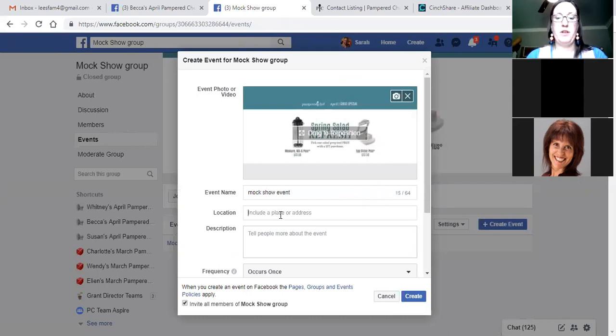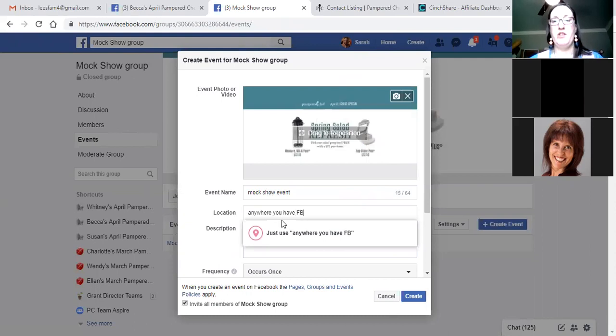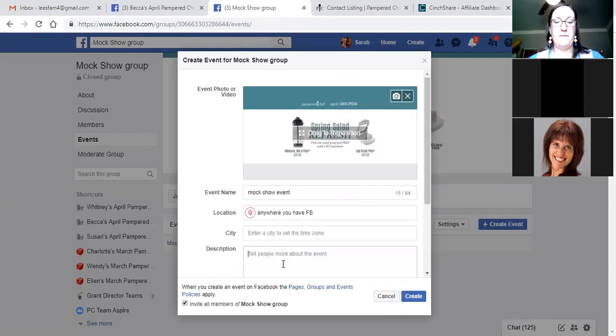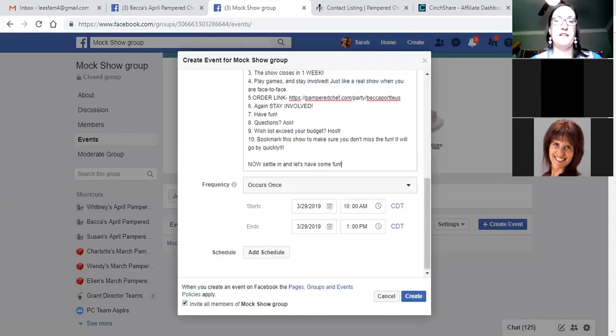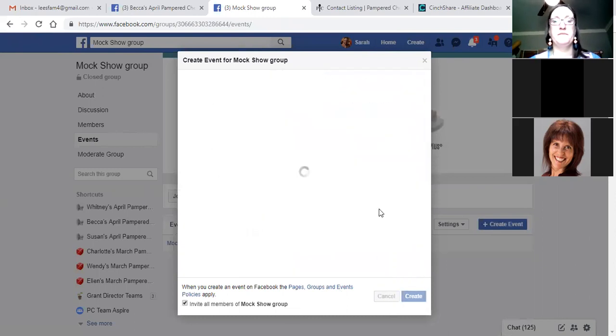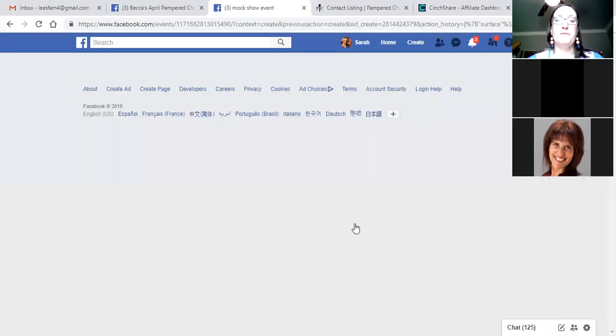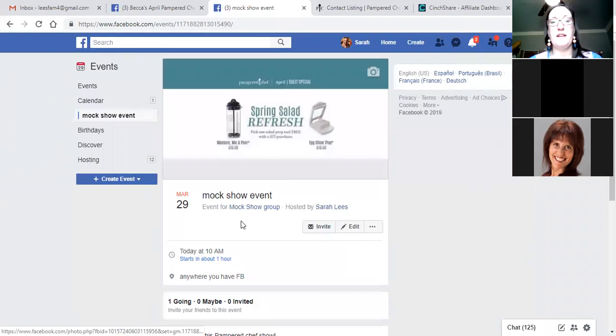I always just put anywhere you have Facebook, and then that way you can just use it. And then I change this to where it says this event is where all the posts will happen. I'm just going to leave that time as is, but I normally make them like 8 days. Okay. So now I can go back in, see an event for, I can just click right through there to